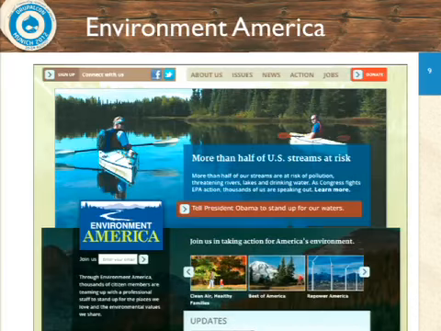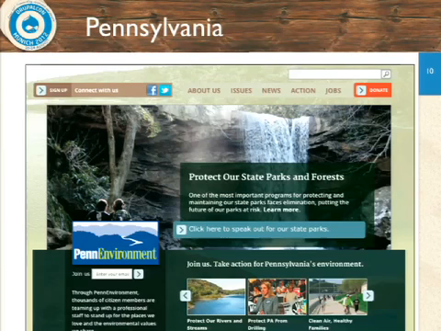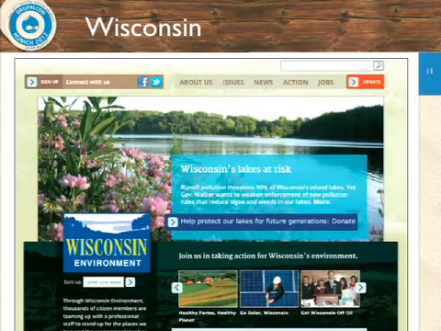So, like I said, there's a national site. And then just to give you some idea, this is the site in Pennsylvania, which is one of the U.S. states. Wisconsin, I actually picked 2 states with large German populations. Pennsylvania, Wisconsin. You'll notice the sites are very, very similar in design, but they're localized. They have different design characteristics. If you lived in Wisconsin, you'd recognize this photo very, very quickly. And that's very important to them.